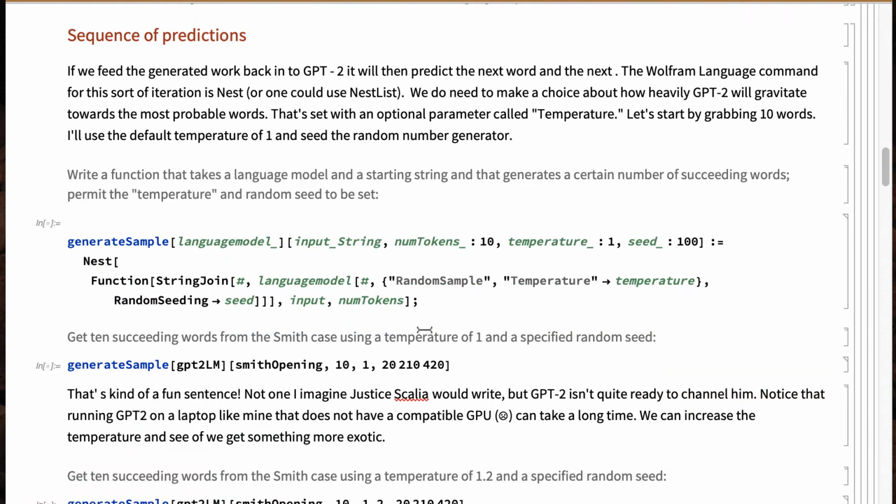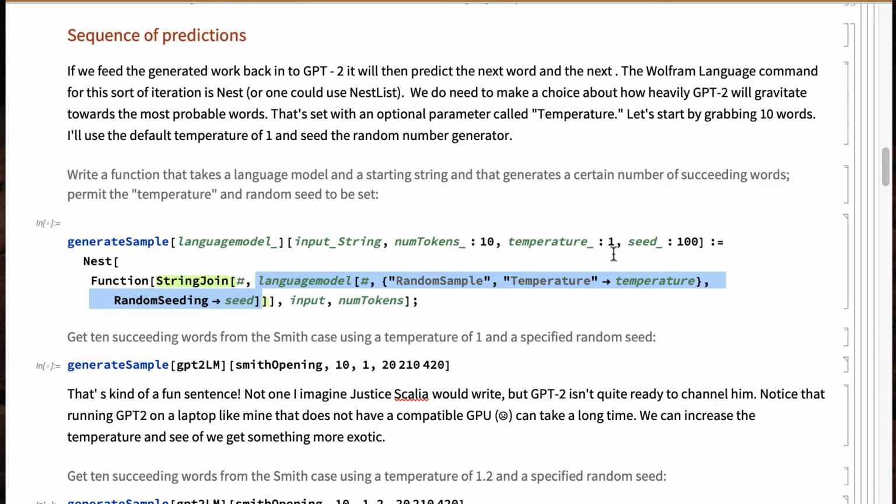Well, predicting one word is fine, but oftentimes we'd like to predict a lot of words. So to do that, we're going to use nest. You know that nest keeps iterating over things. And the idea is we're going to make a prediction, and then we're going to feed that back into the language that we already have. And this is our seed. This is what we start with. This is our language model. This is GPT-2LM. This is how many words I want to go forwards.